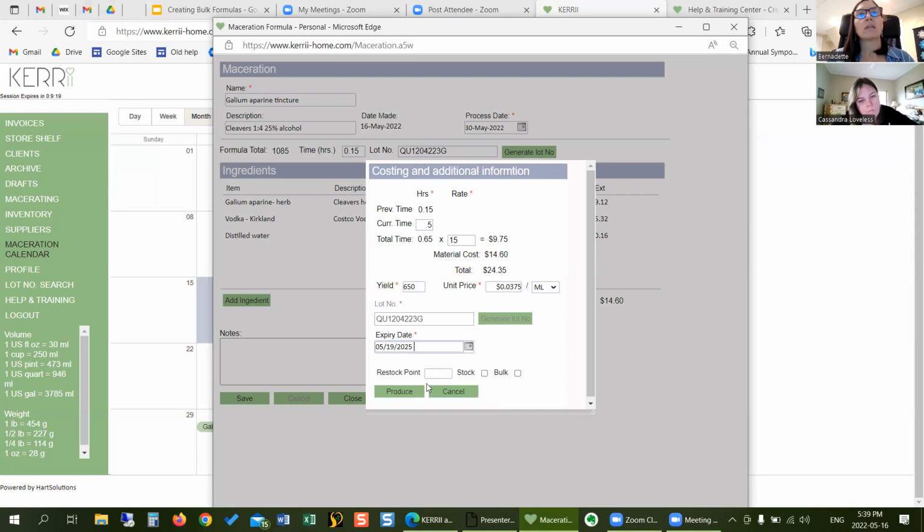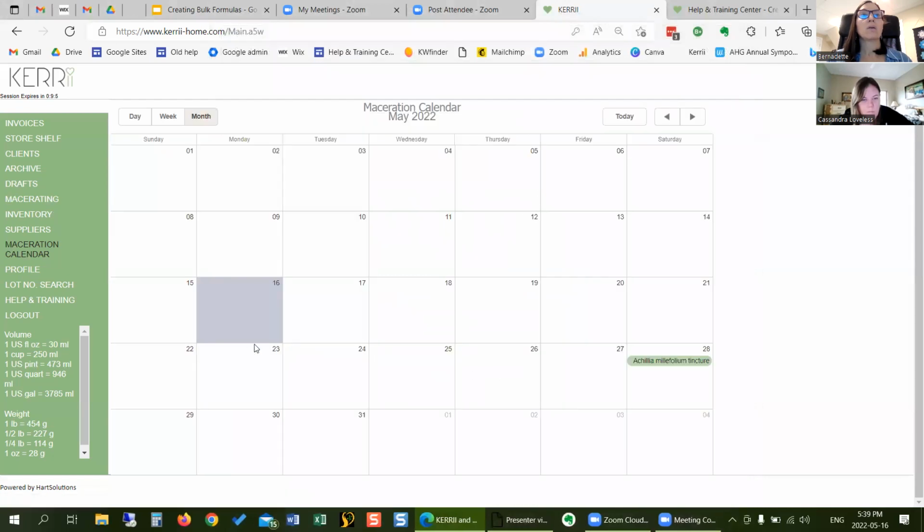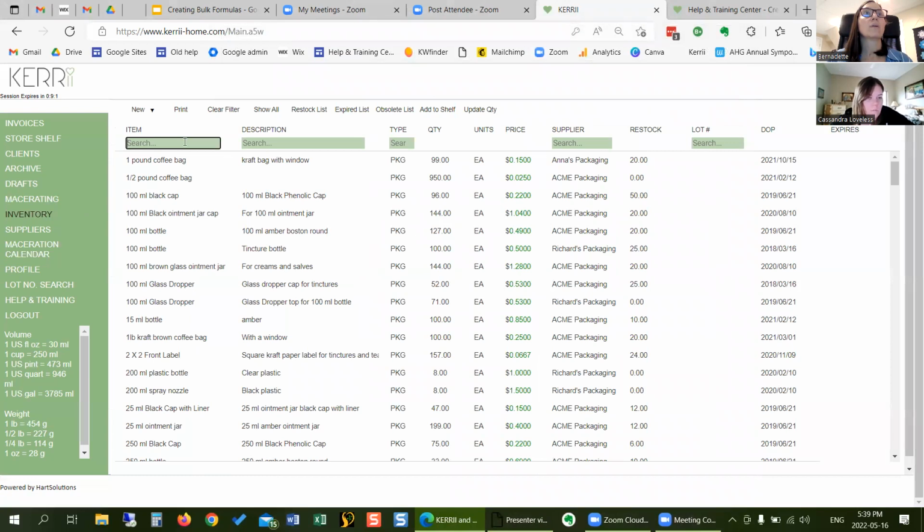And I'm not going to bother stocking this. And then I would click produce, and then it would go ahead and make it and add it to the inventory list as raw material. So let's do that. Produce. Okay. So it's gone from here. And if we look at our inventory,